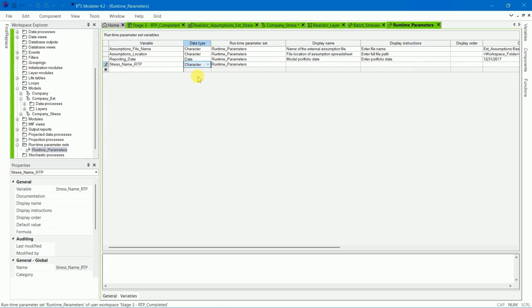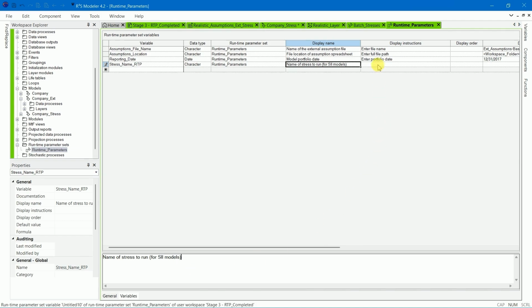The display name is name of stress to run for S2 models.